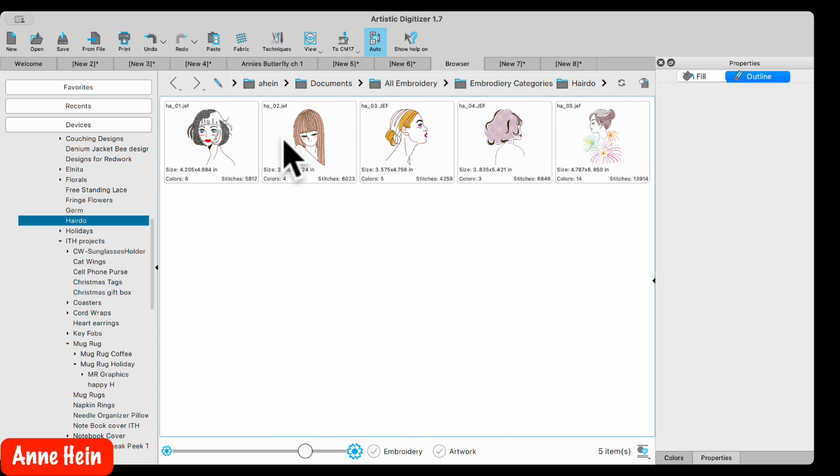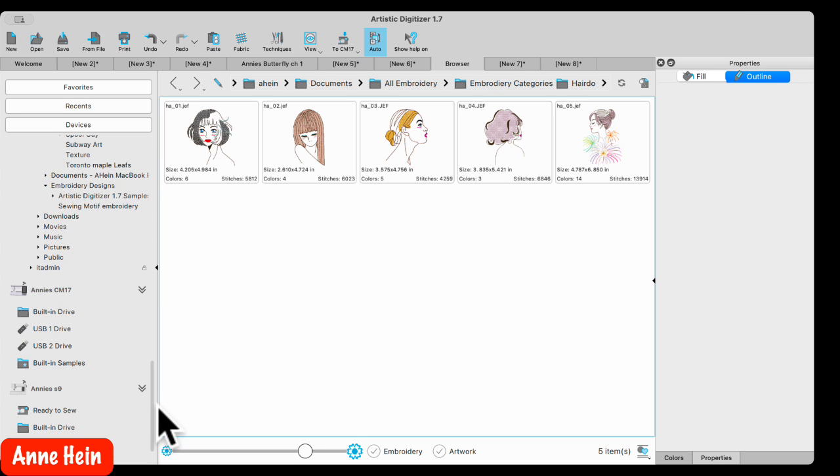Okay, so these are all Jeff files. I opened them in my browser so I could see them. And this is the one I want to take to my machine, or to my USB stick. And I don't have, let me put a USB,